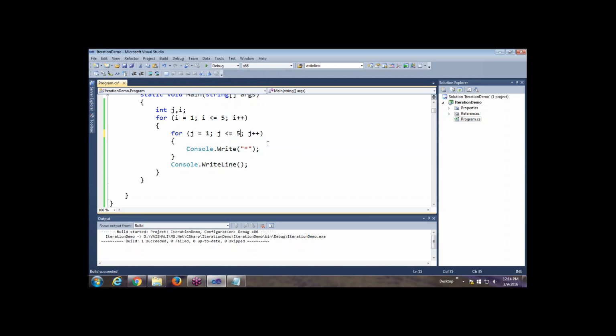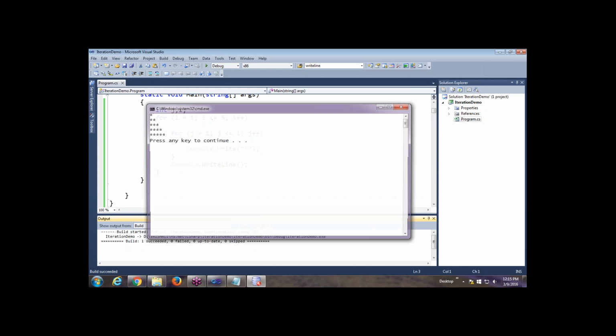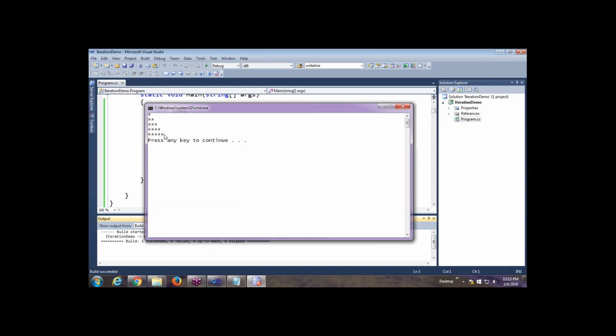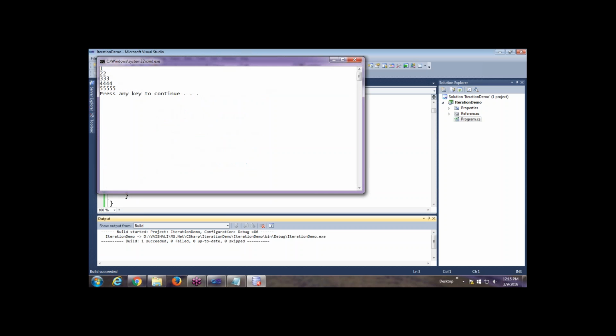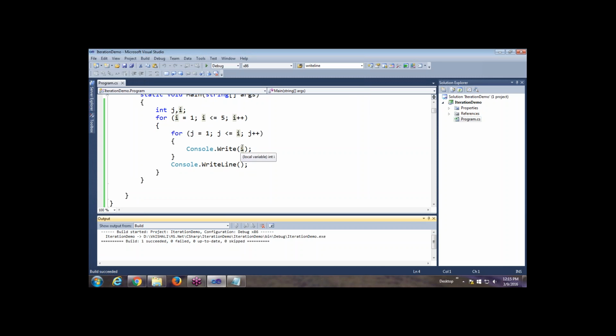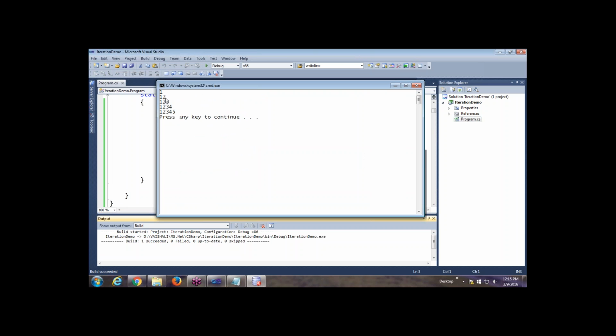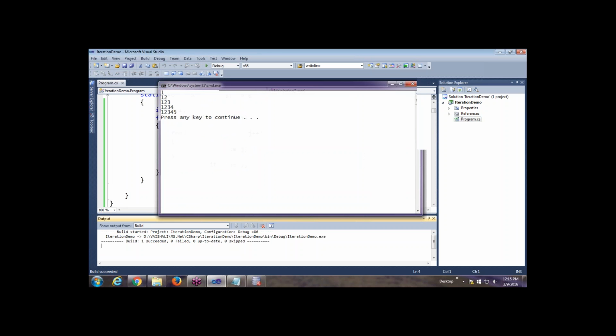Now something which is changing, instead of using a fixed value, let me write here i. So if you observe, the initial value of i is 1. Next iteration it is going to become 2, 3 and so on. So now if you observe the output, it would come something like this. Now, instead of printing the star symbol, if I write here i itself, you observe the output like this, i will be 1, in the second loop it will be 2 and so on. And if you use the inner variable, that is j, the output is a little bit different, 1, 1 2, 1 2 3 and so on.